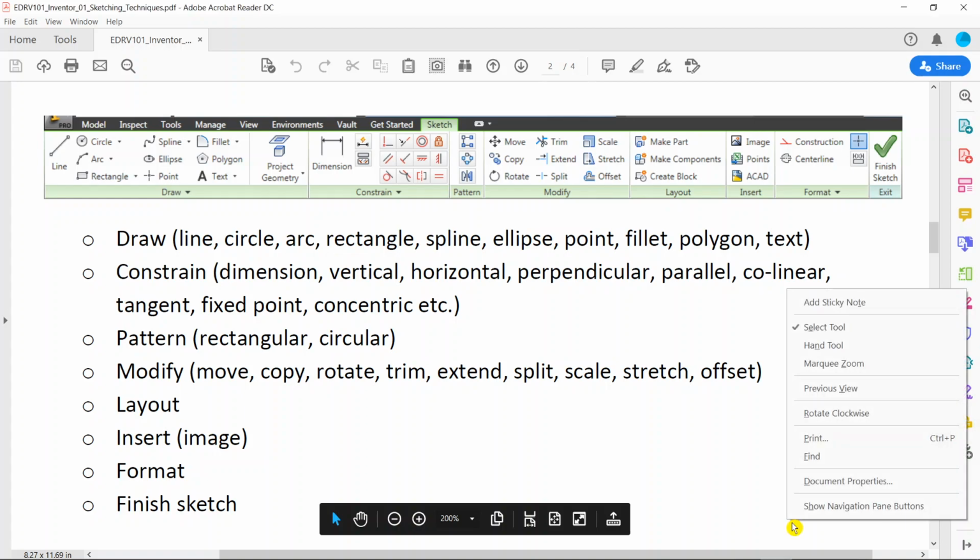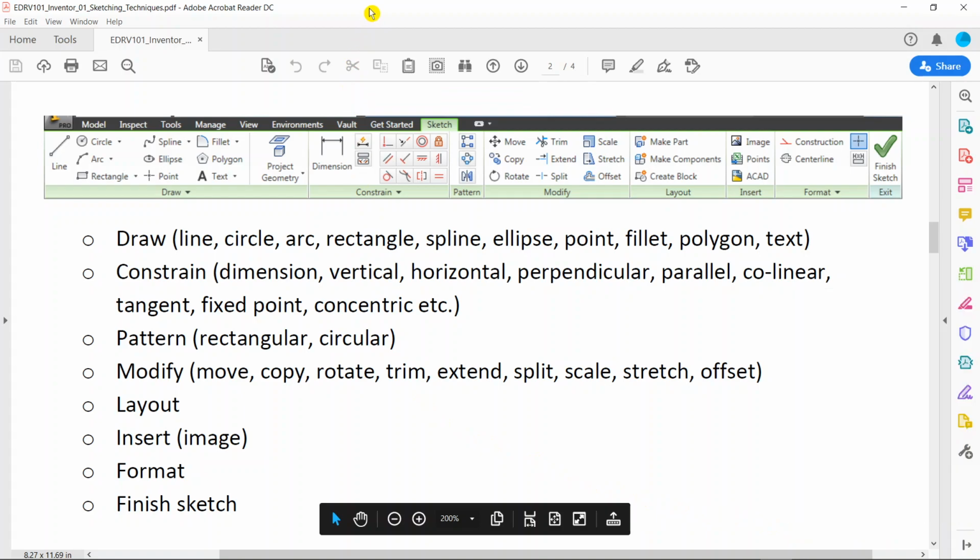Hello everyone, so in this video what we'll do is we'll look at some commands that you find on the sketch toolbar, and then we'll play around with these. Obviously we'll not do all of them because we won't have time, but most of them are basically intuitive, so you can just play around with them. So if we go to the software,